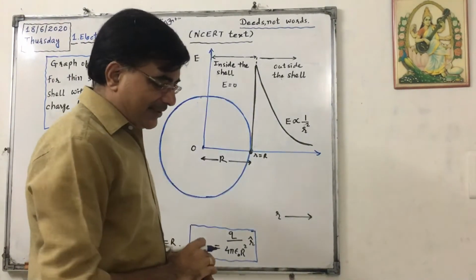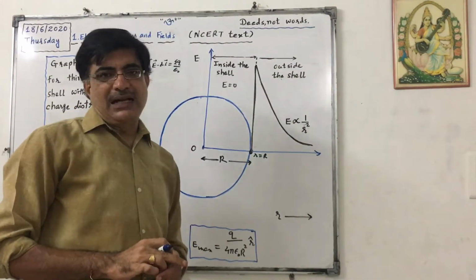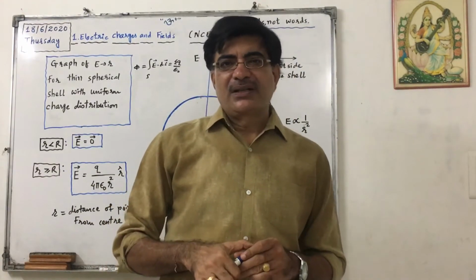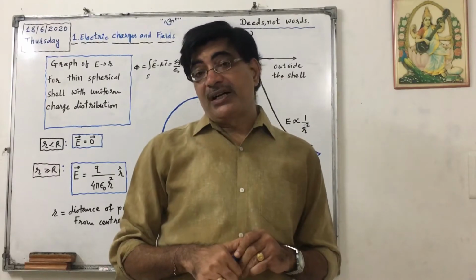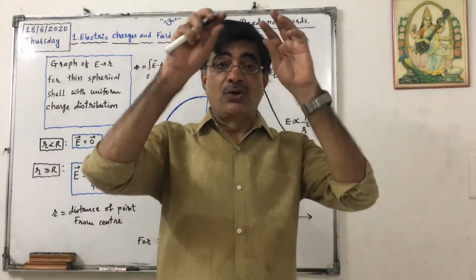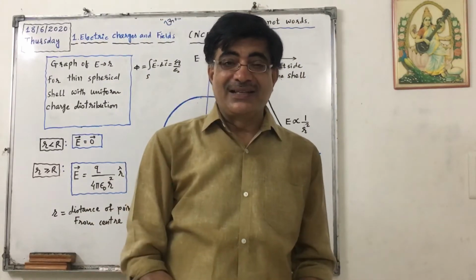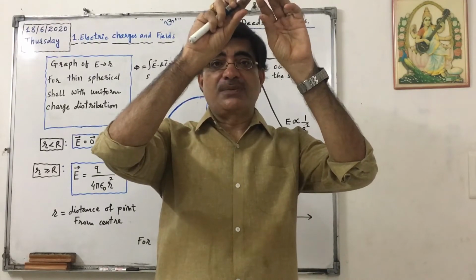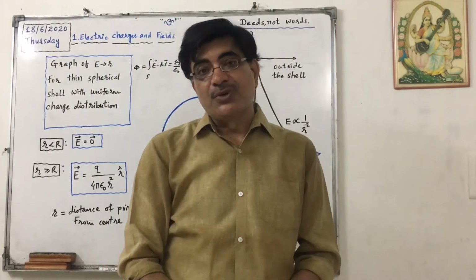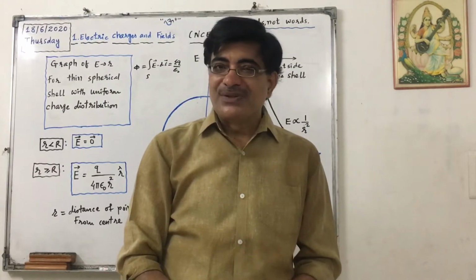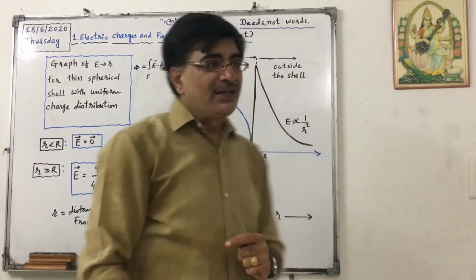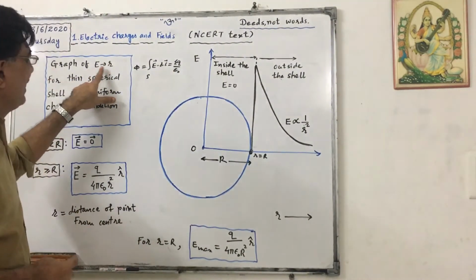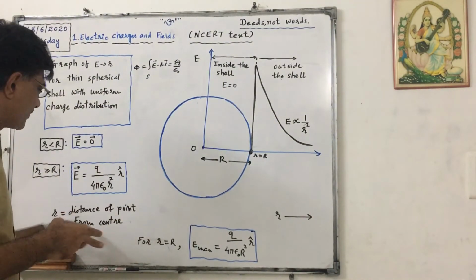Okay, and then we discussed applications, 3 applications. The last one was electric field produced by continuous charge distribution on a thin shell, in other words a hollow sphere. On the surface of that sphere there is a continuous charge distribution, and we considered positive charge distribution. Now today we will draw a graph of E versus R. E is the magnitude of electric field produced, and R is the distance of that point from the center.